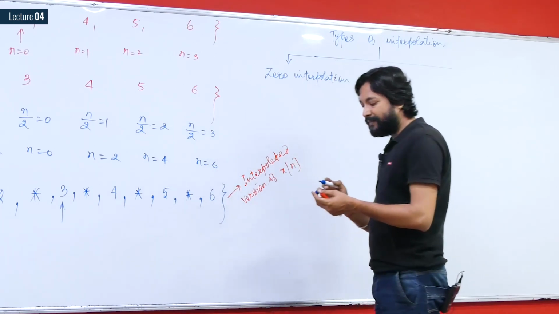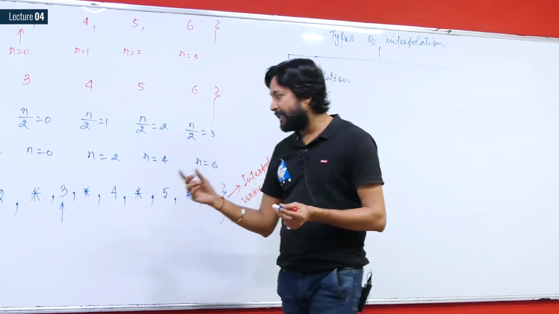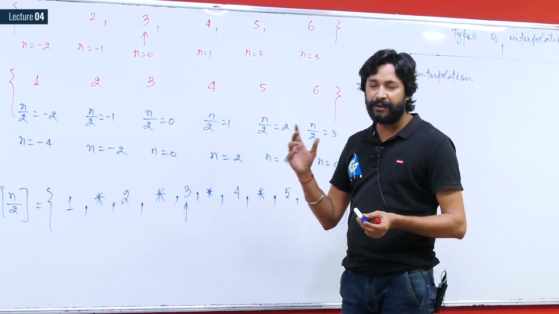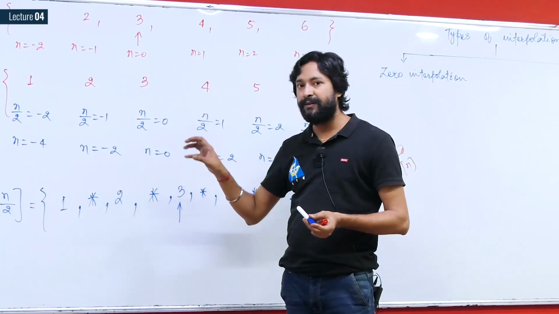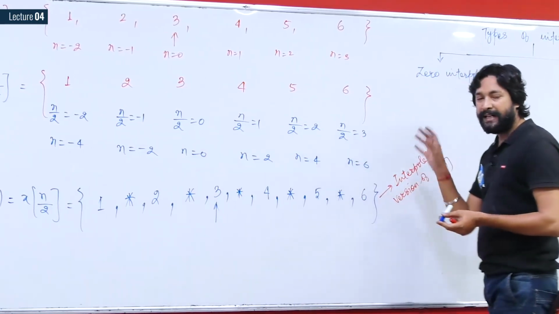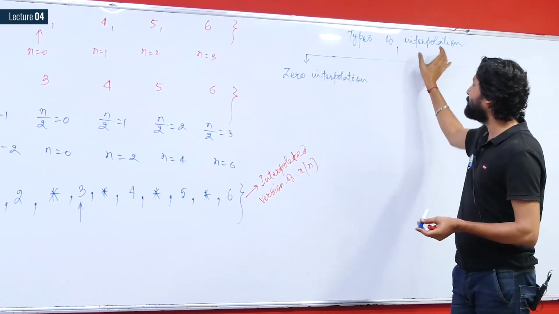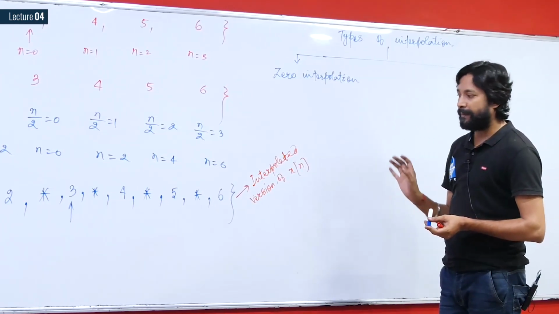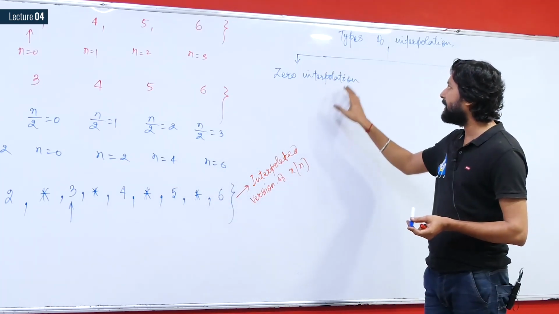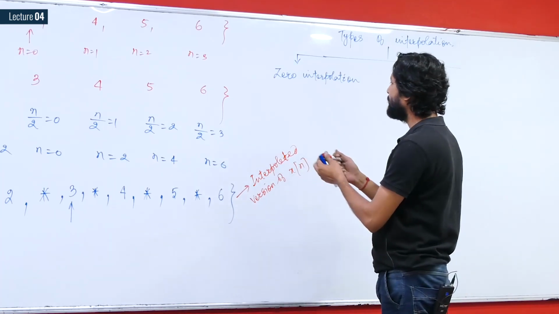The types of interpolation depend on whatever value you append at the places of these star marks, where you don't know the values. Some values must be appended at the places of these star marks, and based on the value you append in between samples, you define the type of interpolation. If you append zeros at the places of these stars, then you call that zero interpolation. It means zeros will get appended